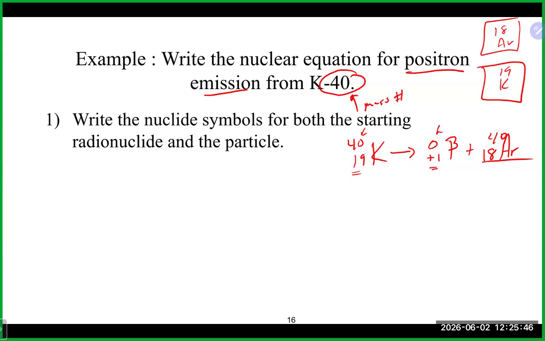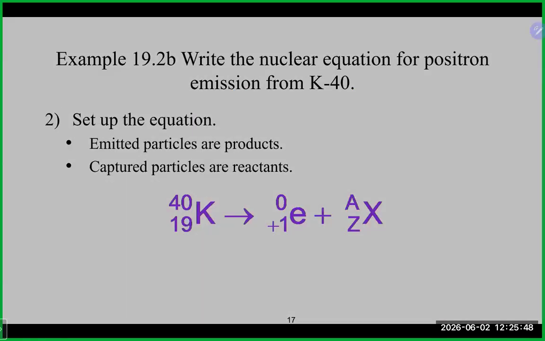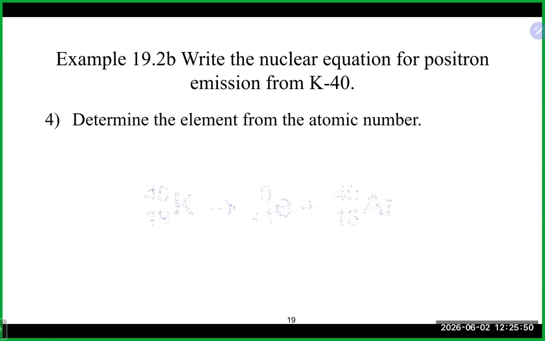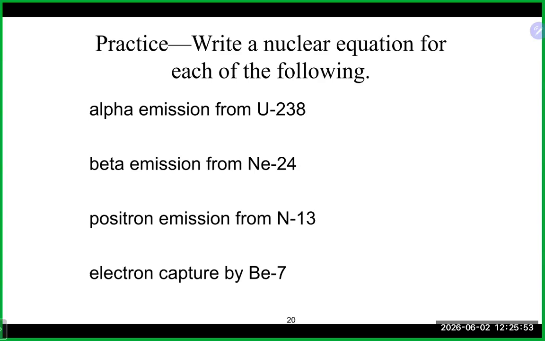All right, I tried some. Why don't you try some? All right, so for each of these, write the balanced nuclear equation. Once again, when it is written like this, uranium-238, again, this is the mass number. We again can find the atomic number from the periodic table. So we're going to start with our